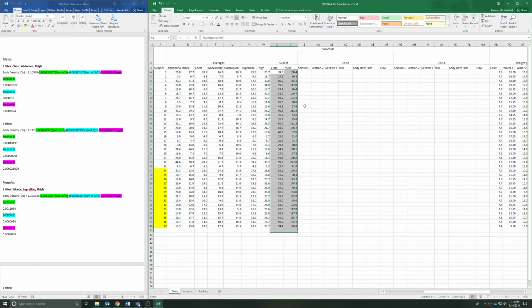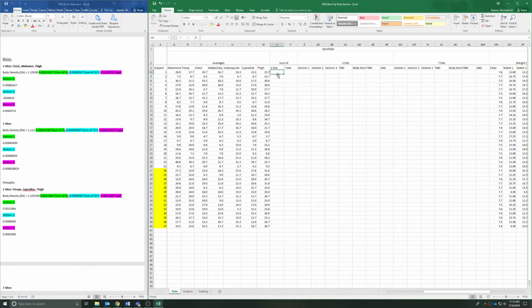I already have this calculated here, so I'm going to delete this to show you really quick. To sum anything, it just equals sum. And then to select 3 different boxes that aren't next to each other. For the men, we're looking at chest. And then I'm going to put a comma, abdomen, comma, thigh. And I can drag down and make sure that you're dragging down only to the males, because the females are different. Females, we're going to sum